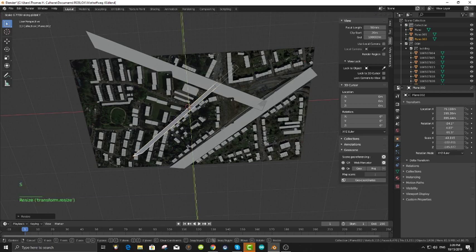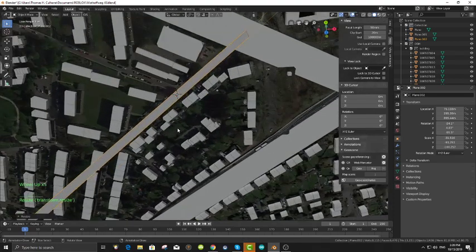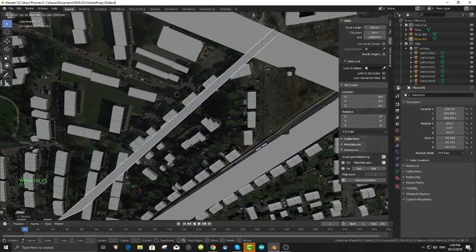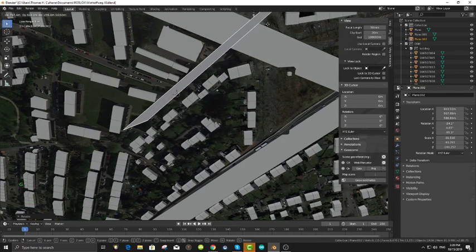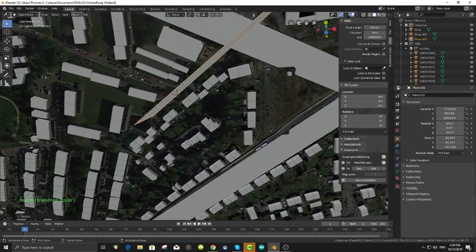Scale in Y. Okay. And then make this road section go in front of the house. Let's scale it one more time in Y to make it a little bit smaller. Move it,